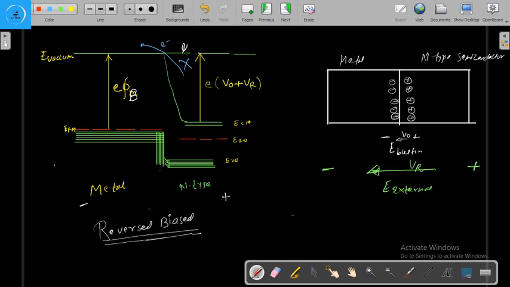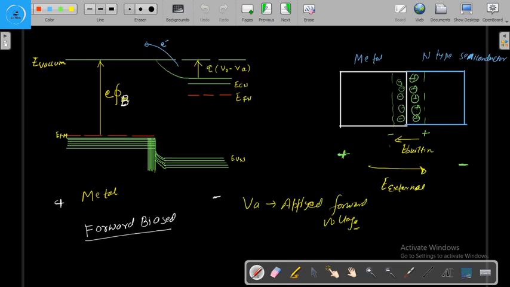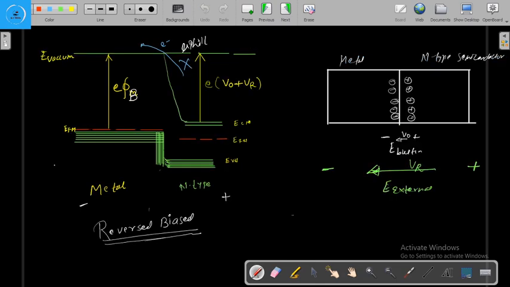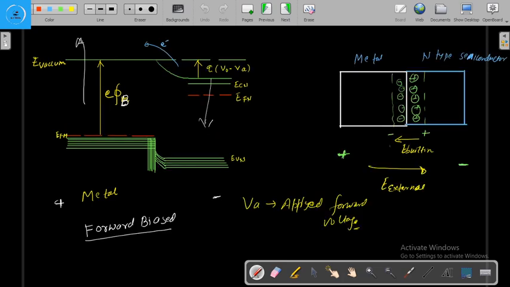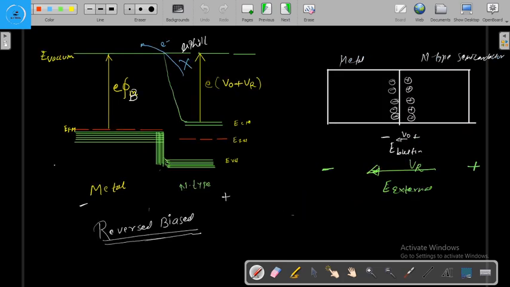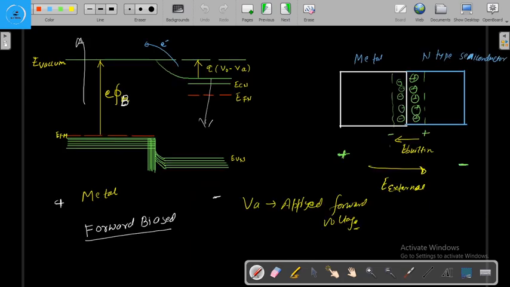And why can the electron not move? Due to the uphill. So when we are applying the negative voltage at the metal and the positive voltage at the n-type semiconductor, the energy band diagram at the metal will be pushed up, and the energy band diagram at the n-type semiconductor will be pushed down like this, and due to this the height of the uphill will increase, and hence electron cannot flow from semiconductor to the metal,